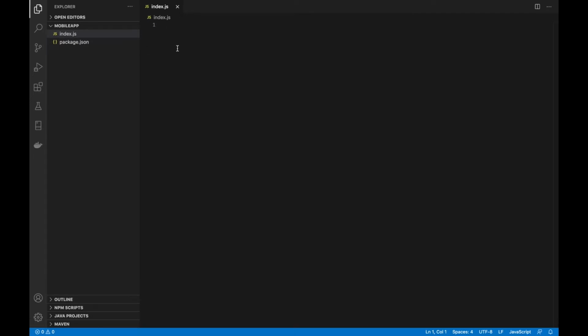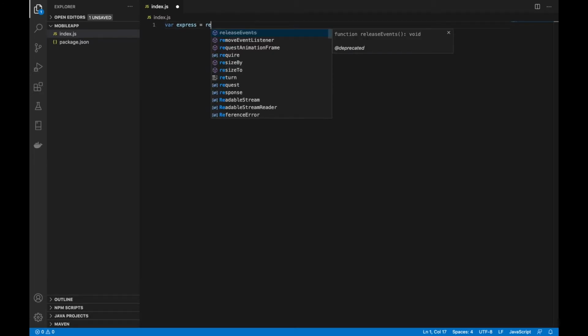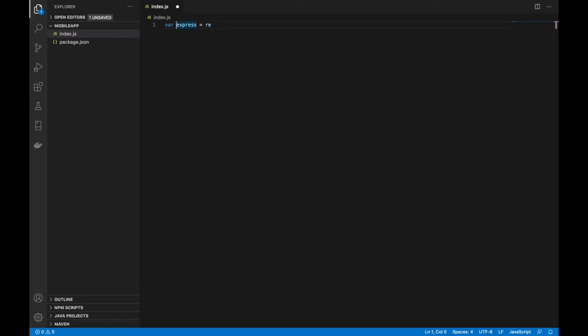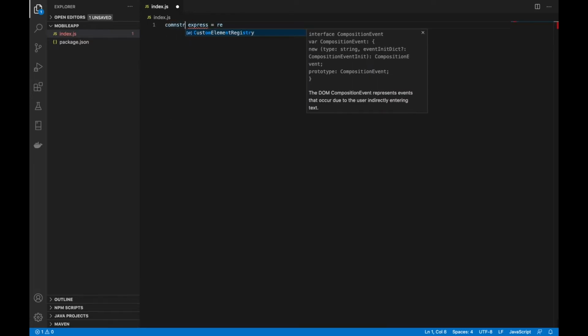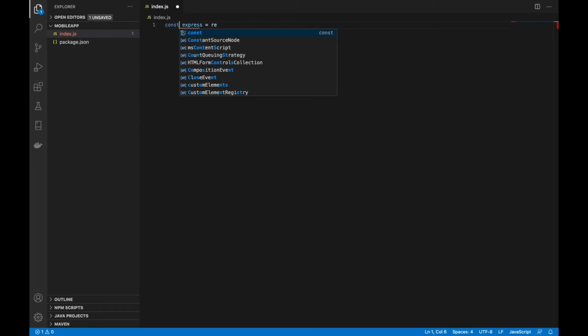First we are going to import the express framework here. So variable express, you can also use here const keyword, require express.